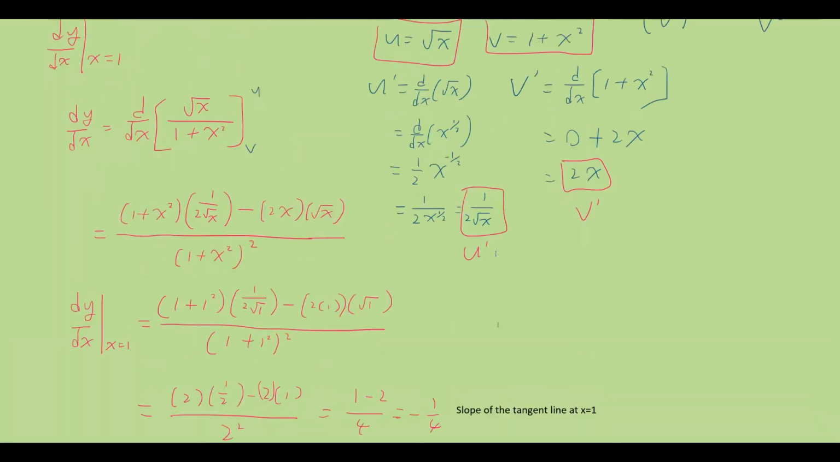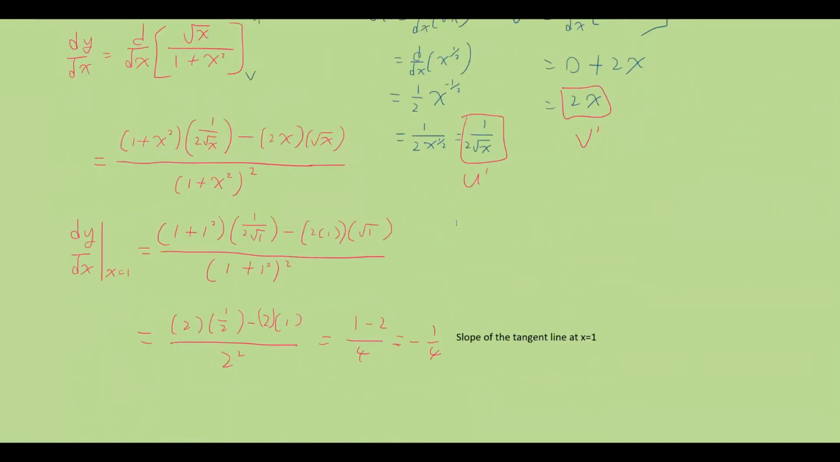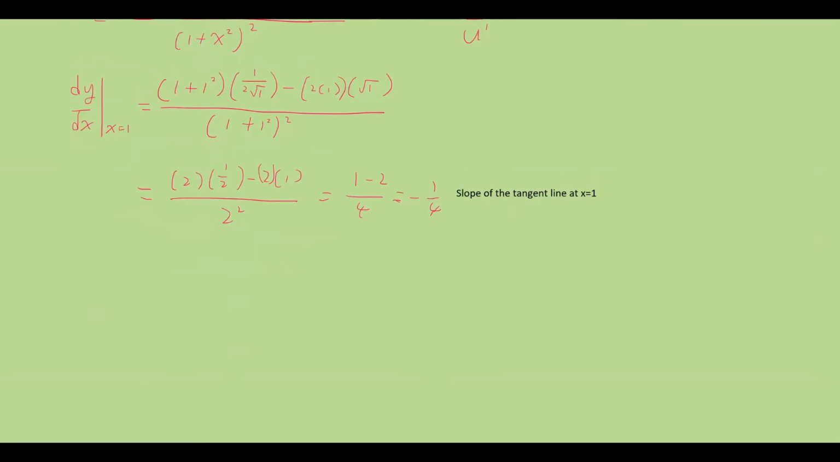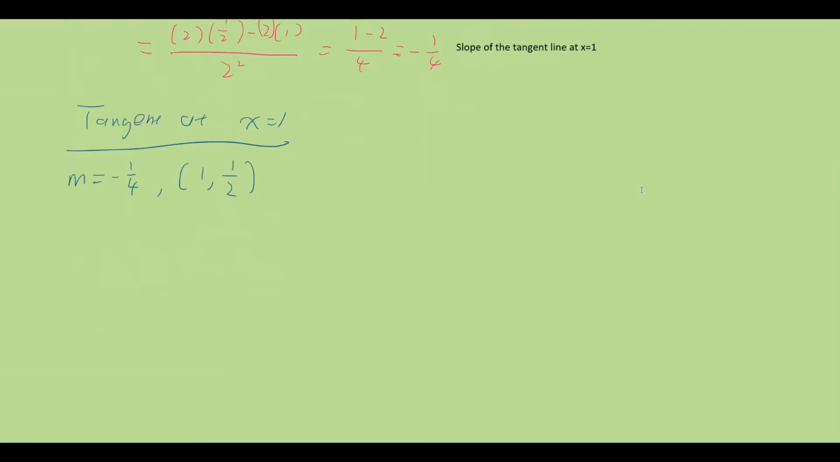All right, so next we need to find the equation. So we have the slope for the tangent line at x equal to 1. We know that the slope is negative 1/4, and then we also have a point that's (1, 1/2). Now from this point on, you can use point slope form or slope intercept form. So if you want to use point slope form, y minus 1/2 is equal to negative 1/4 times (x